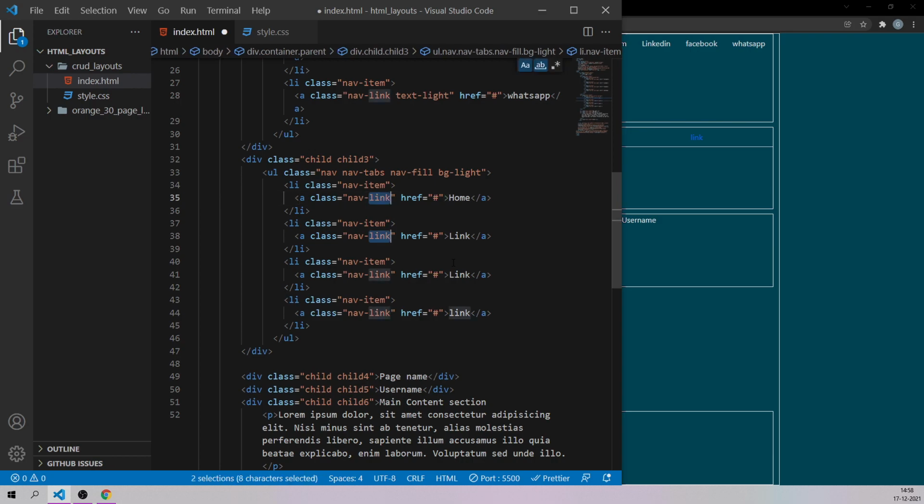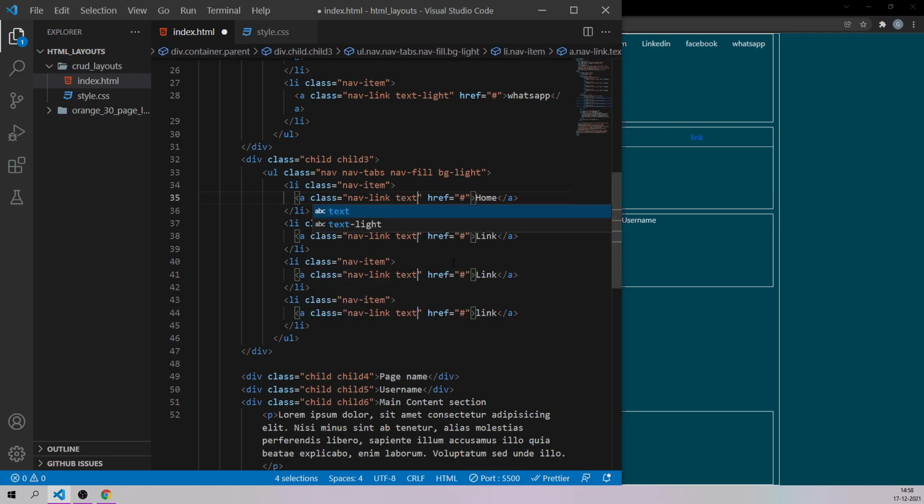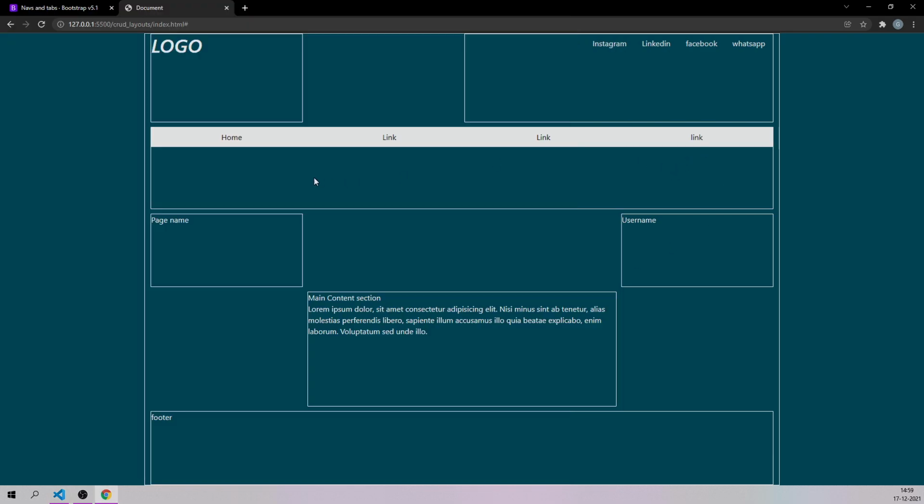So let me target all four of them together and say text hyphen dark. Since the background is going to be white, I'm going to make the link come in black like this. So I have given the text as black.